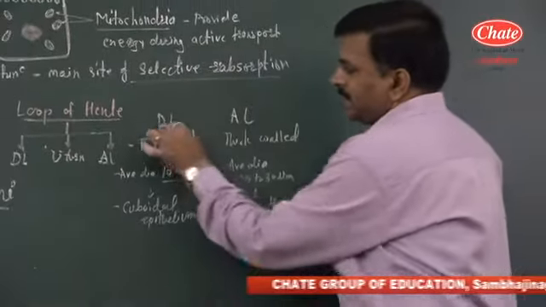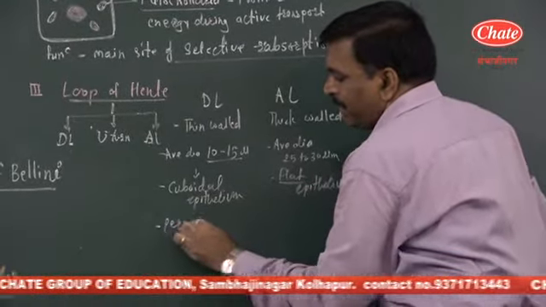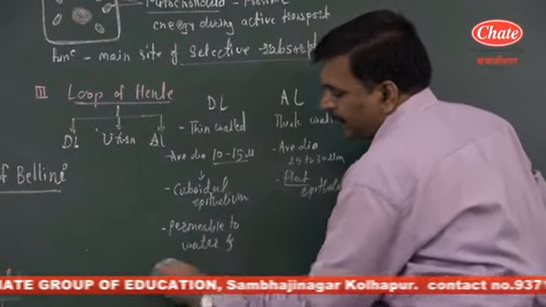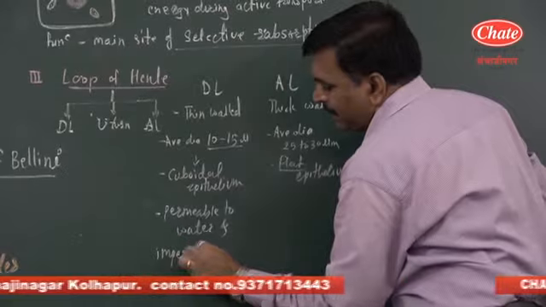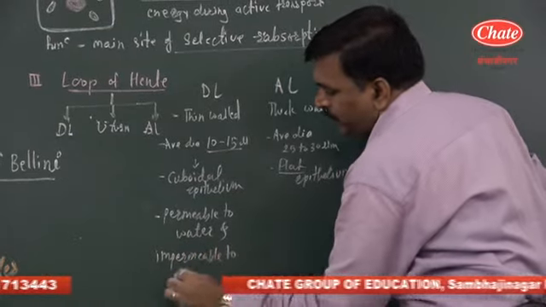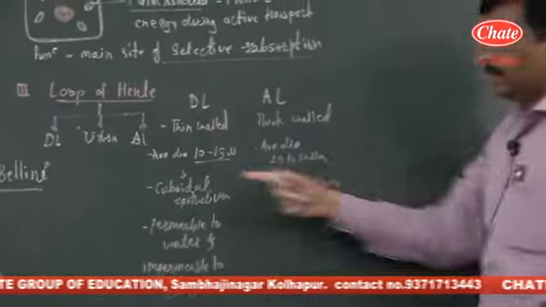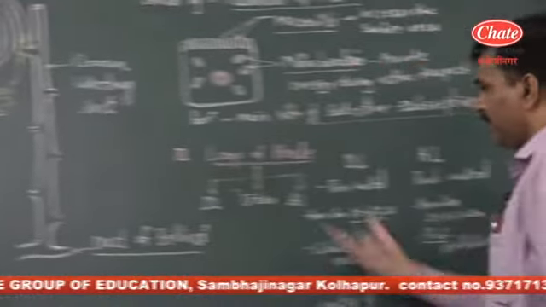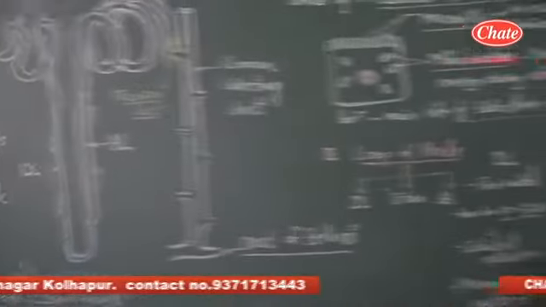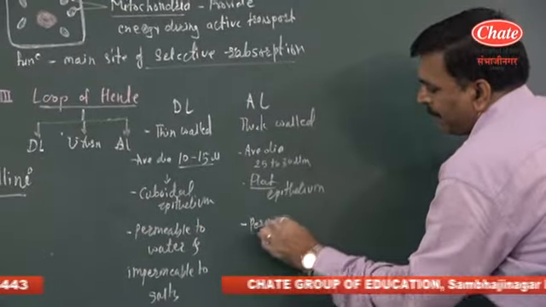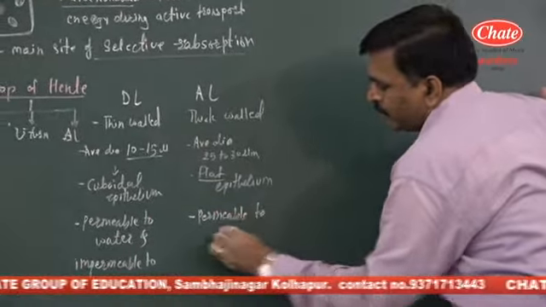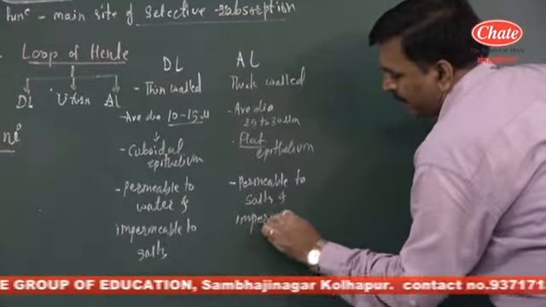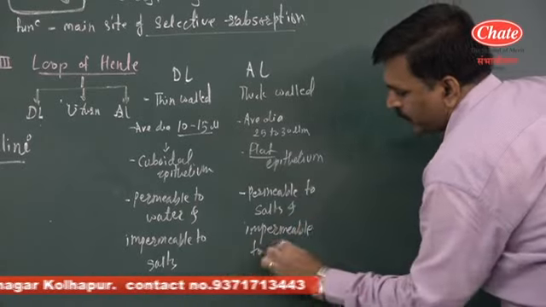But the difference is that the descending limb is permeable to water and impermeable to salts, while the ascending limb is permeable to salts and impermeable to water,